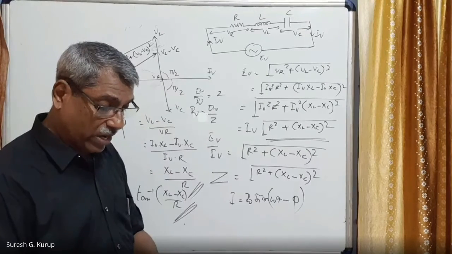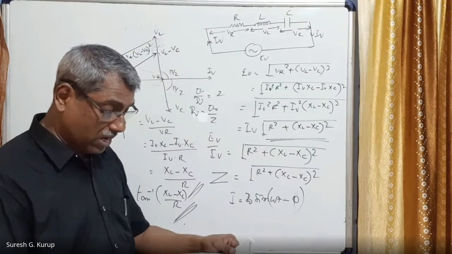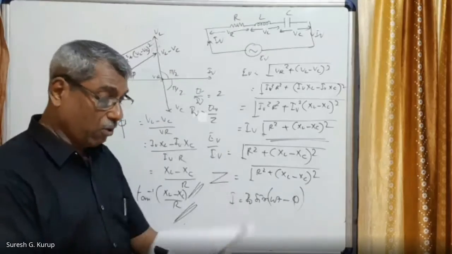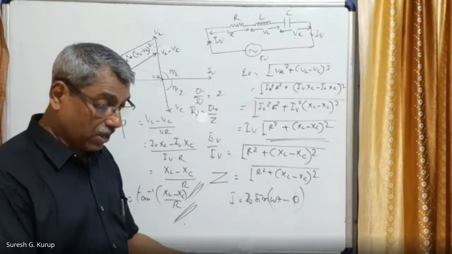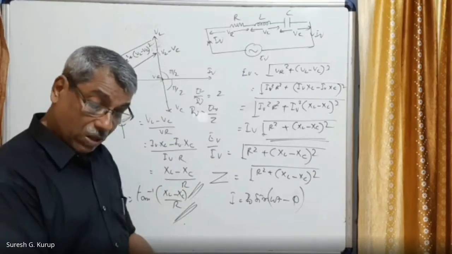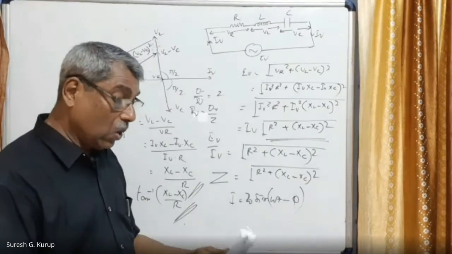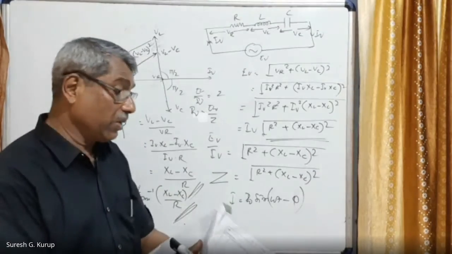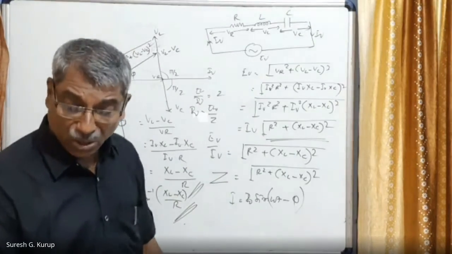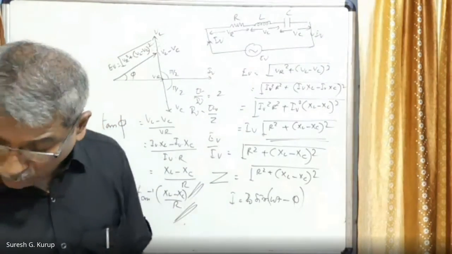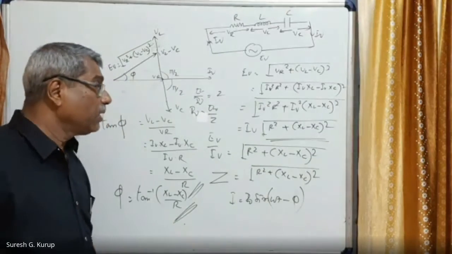So in the LCR series circuit, we have seen the expression for current, and we have calculated the expression for phase difference. Now, the power dissipated in the circuit. Power dissipated means that you can do by yourself. Power consumed by an LCR series circuit. That is the next question.